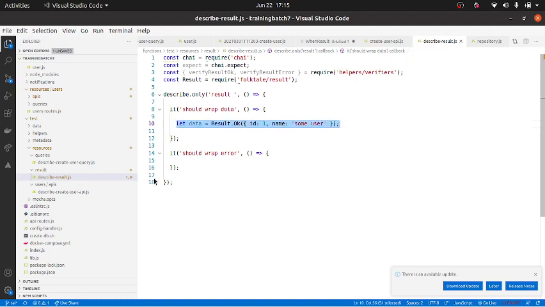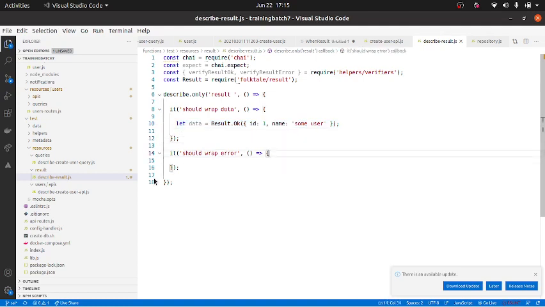So till here we are on the same page. What did we do till here? We created a result object, and we are telling the result is ok, and to it I'm passing some data. That essentially means the operation is proper, right?